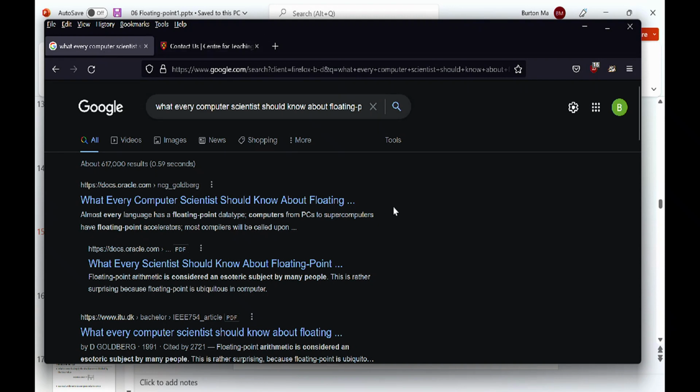All right, so we were talking about floating point arithmetic in the last class. We're going to hopefully finish off that lecture today, maybe in the next class. Before I continue, though, there is a fairly well-known document where a lot of this material comes from. So if you search for "What Every Computer Scientist Should Know About Floating-Point Arithmetic"